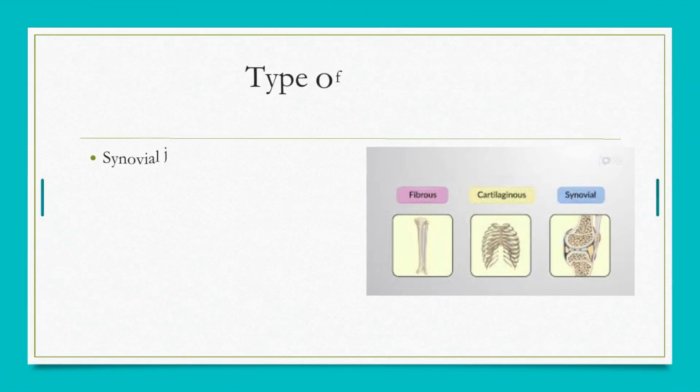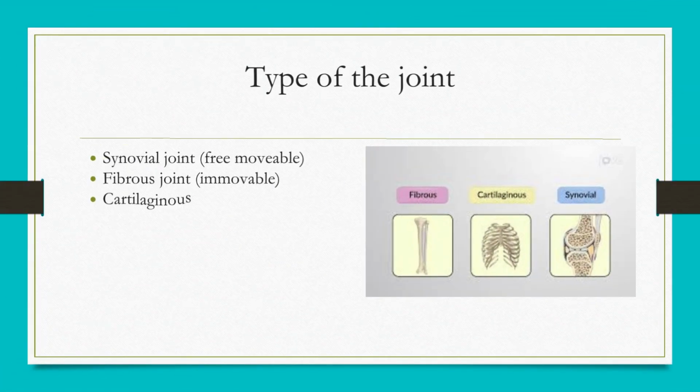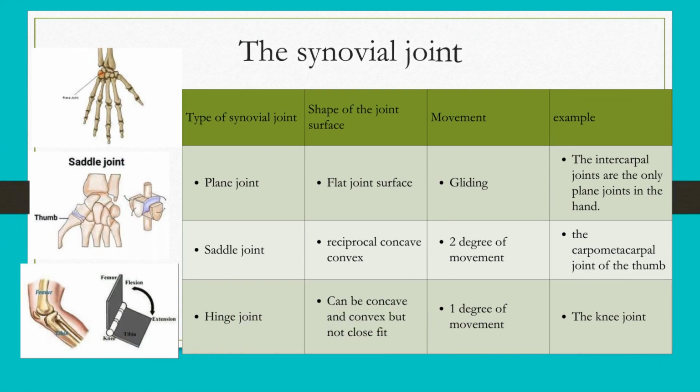In our body, we have three types of joints: the synovial joint, fibrous joint and the cartilaginous joint. The synovial joint can be differentiated into 6 types of branches. First is the plane joint. The movement of the plane joint is gliding. The example of the plane joint in our body is the intercarpal joints, the only plane joints in the